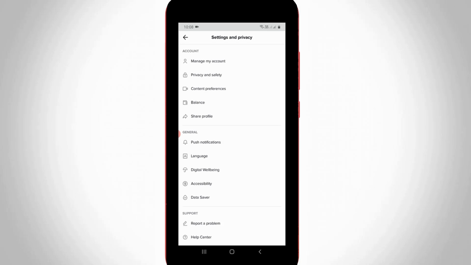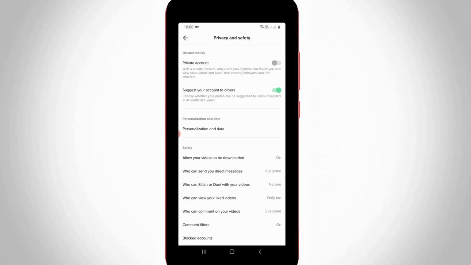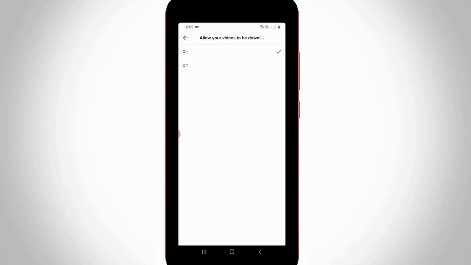Now it shows this TikTok app related settings, but in this section we can go to Privacy and safety settings, the second one. So here you can click to open this following option, Allow your videos to be downloaded, and it is placed under the Safety section. And on my device this setting is automatically enabled, but this is the reason for that save option. So simply you can click to turn off this option. So once you disable this setting, no one will be able to download all your TikTok videos.